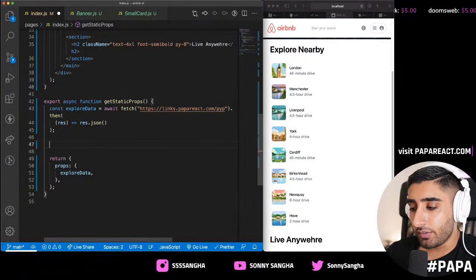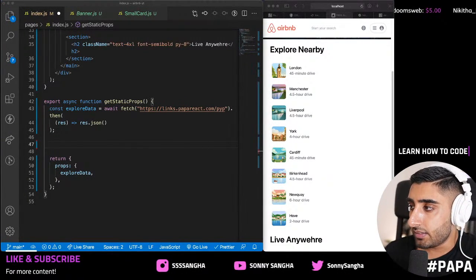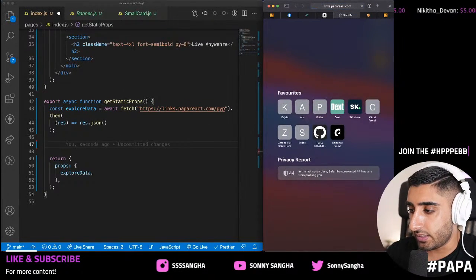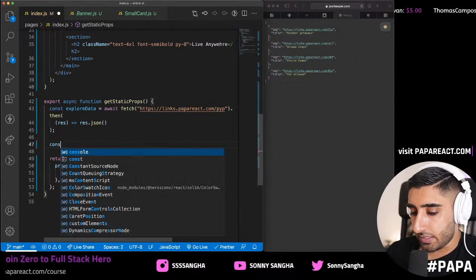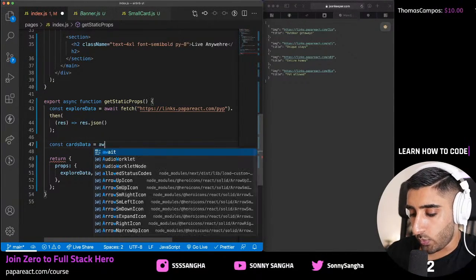We're going to go ahead and pull from another endpoint. So this endpoint is going to be slightly different. This one's going to be ZP1. So it's going to be /ZP1 from links.popularreact.com. It's going to have a bit more information like this, image and title. So what I'm going to do is I'm going to say const cards data equals await